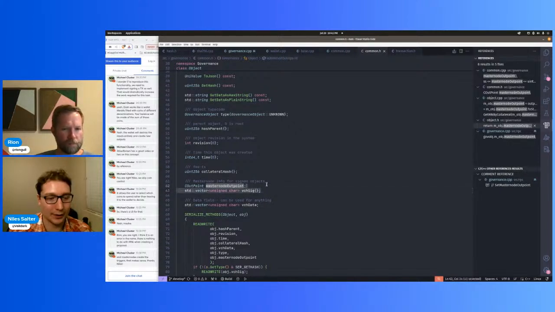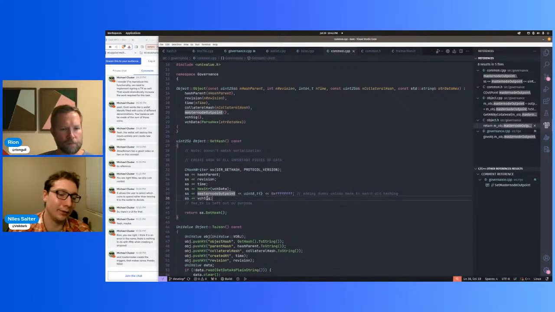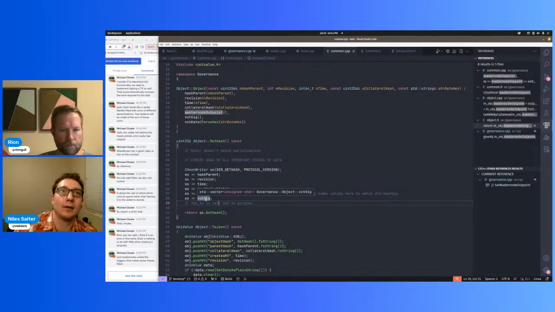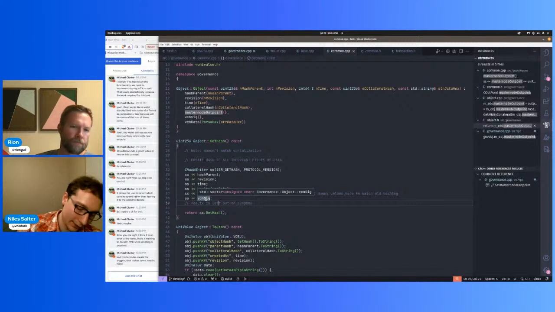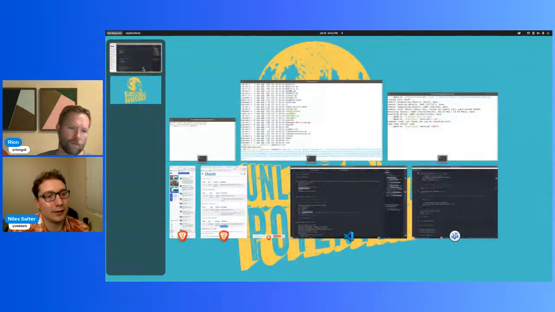Okay, so my question is, when we put a vector into a stream, if it's an empty vector, so a vector is a dynamically resizing array in C++, it would stop when it hits length. So if the length is 0, it's going to do nothing. And so the signature,